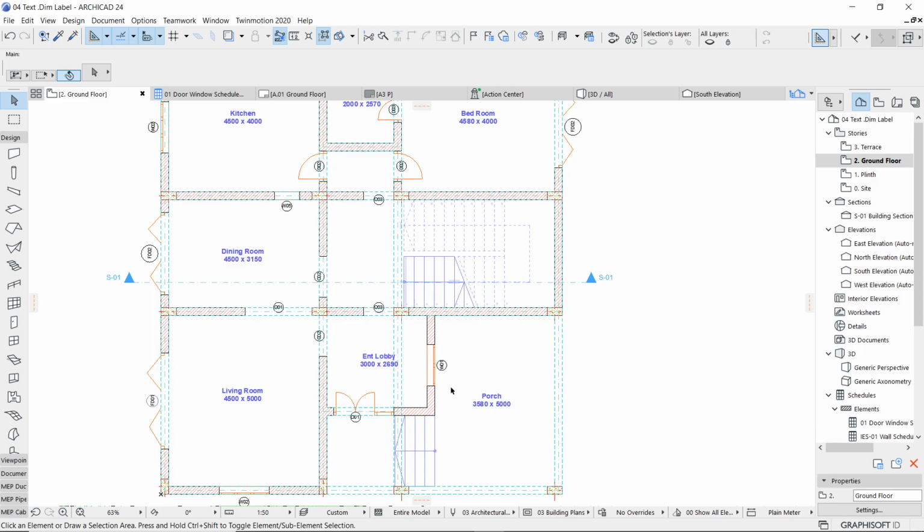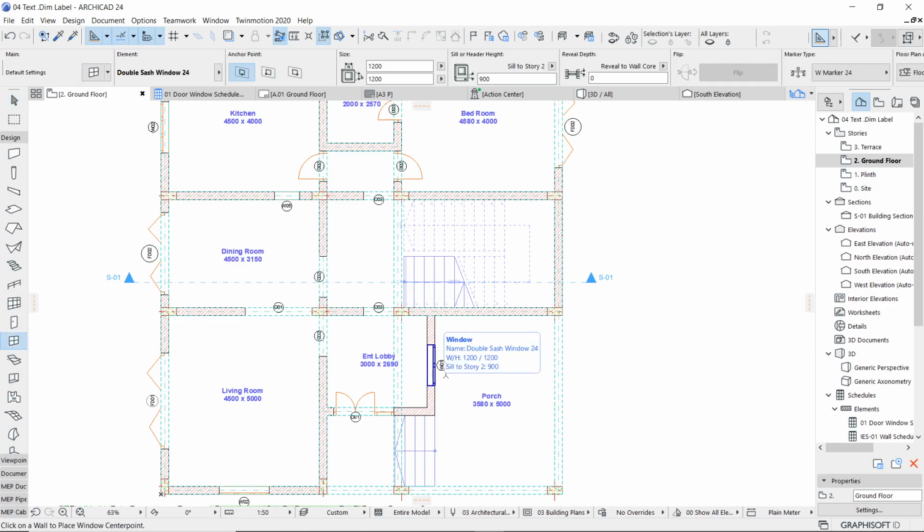So what I'm going to do is I'm just going to hold the Alt key first of all, select the parameters. Now here the things are supposed to be 1200 by 1200 the size. So instead of that, if I say that it should have a 900 as its height, and sill also is a 900, so maybe this window is slightly different, which I want to place below over here, the staircase.